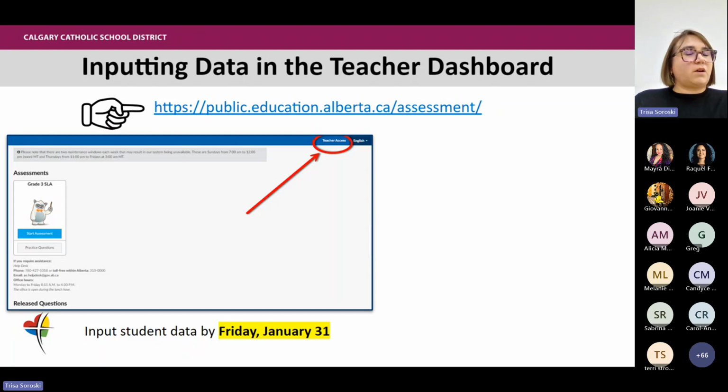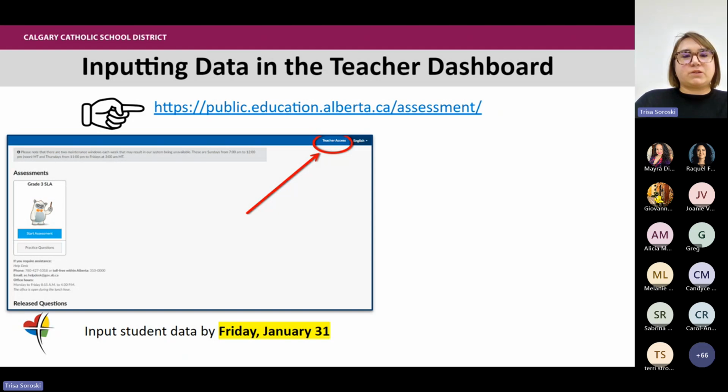Once we've done all the assessments, the literacy and numeracy, they get uploaded into what's called the teacher dashboard. The DLCTs in your school are pros at this teacher dashboard now, right? Because we've been in this screener world for a little bit.